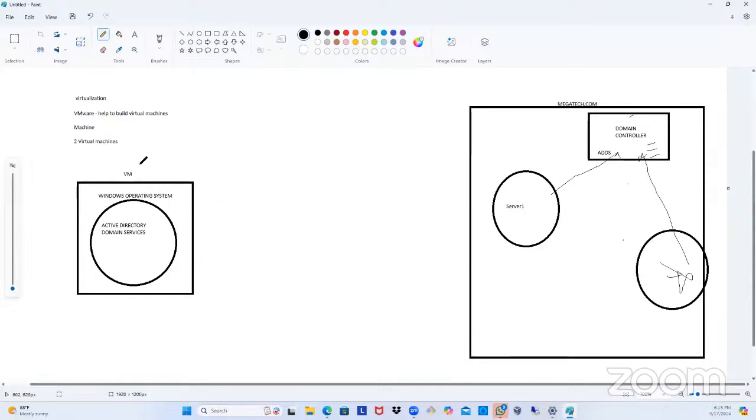So for today's class, we're going to build two virtual machines. One will be our domain controller and one will be an ordinary computer. When we build our domain controller, we'll create users inside that domain controller and give those users access to be able to log into any computer the moment we join that computer to the domain. Good. So now that we have that understanding,